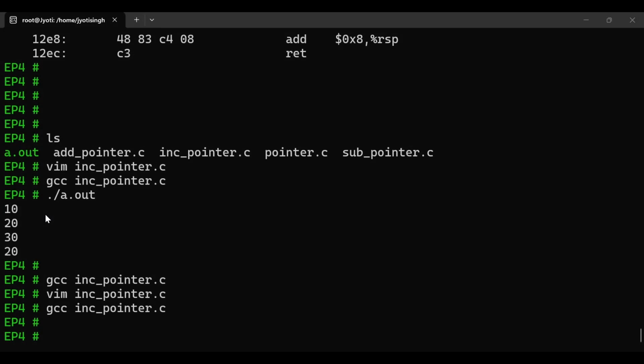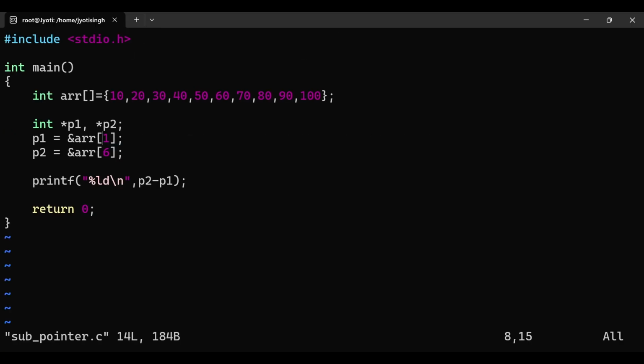Let me show you an example of subtraction as well. Pointer subtraction returns object difference. This is an example taking the same array. We have two pointers. Pointer P2 stores the address of the 6th element and P1 the first element, so it is 0, 1, 2, 3, 4, 5, 6, 70, and the first element is 20.